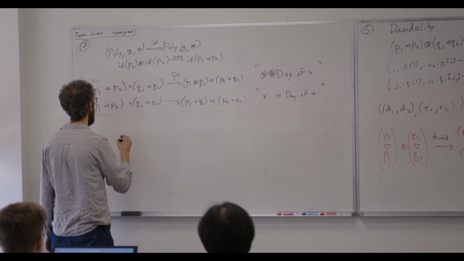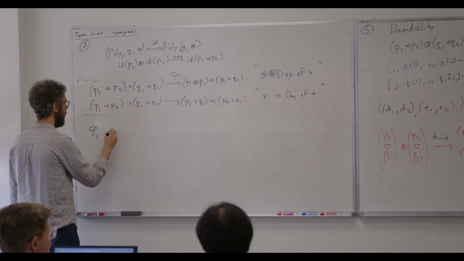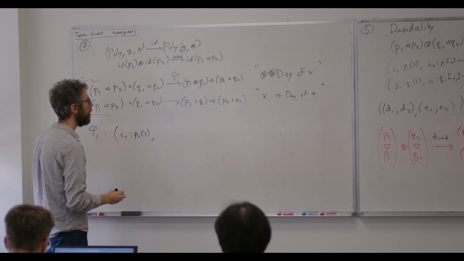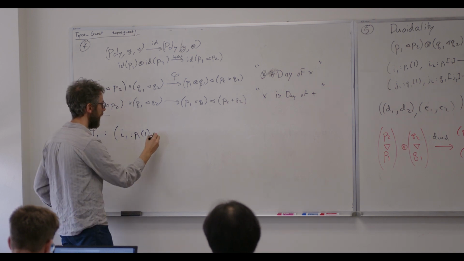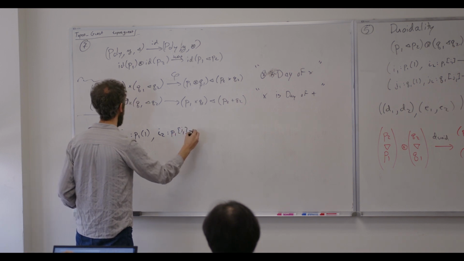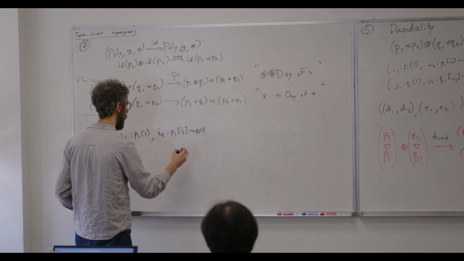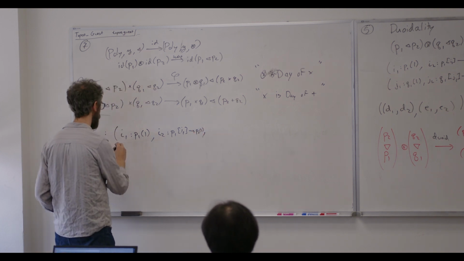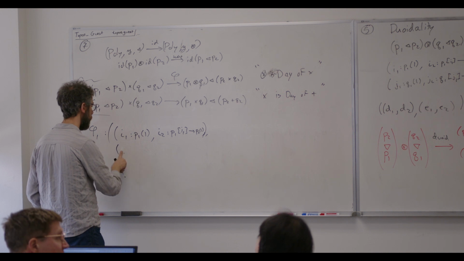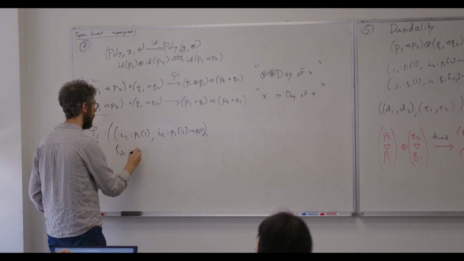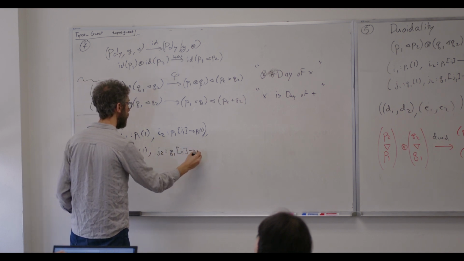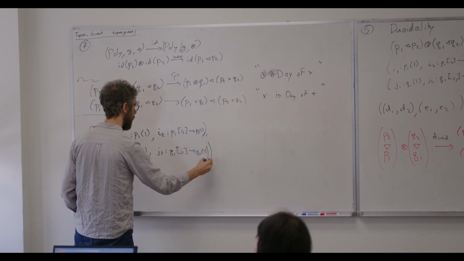Okay, we'll call it phi. So phi on positions takes a position I of P1, and a function that takes P1 bracket I, 1 to P2 of 1, comma, a position J1 of Q1 of 1, and J2 that takes Q1 bracket J1 to Q2 of 1, and sends it to,